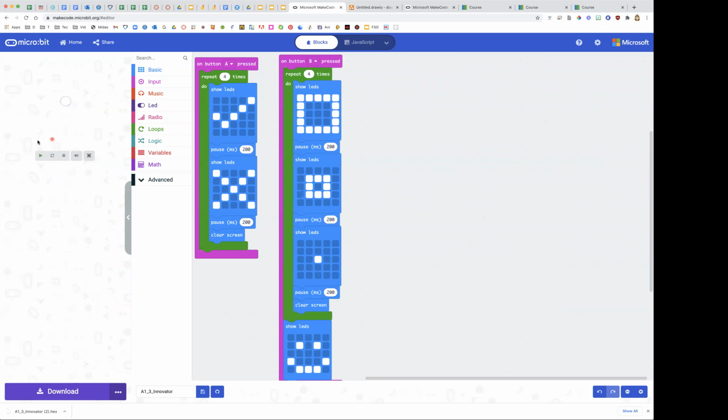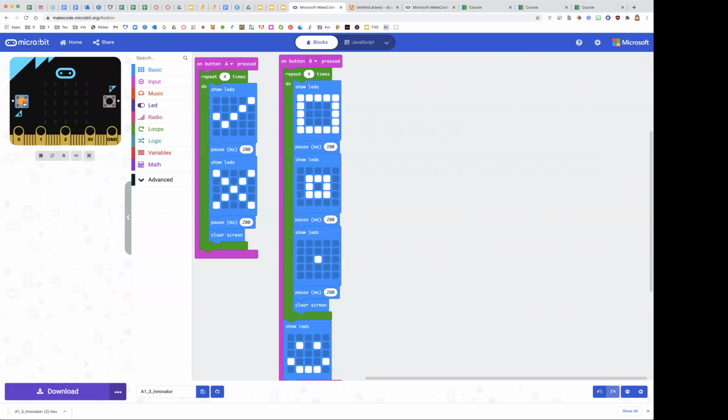And you can see when you press the button A, it's going to do this 4 times. Check X, check X, check X 4 times, and then it'll end with a clear screen. If we press button B, we're going to have a loop 4 times. Big, medium, small, square, clear screen 4 times. But instead of stopping with the clear screen, this time it's going to finish with a solid LED image, which